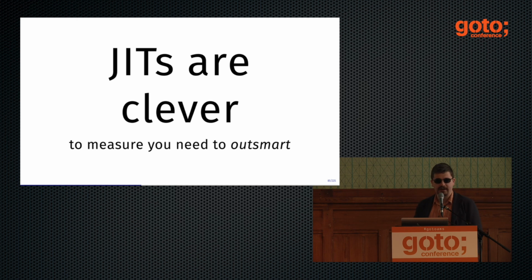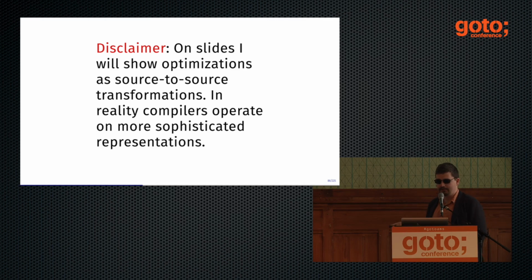And if you program in languages like Java, for example, then you already have tools to do that. For example, Java has the Java Microbenchmarking Harness, JMH, and a lot of engineering was put into it to outsmart HotSpot. But in JavaScript, you don't really have these tools, and Benchmark.js does not do much to outsmart the JIT. I will show you some examples of optimizations now on the slides, but you should understand that I'm showing them at the source level, and it's not how they happen in reality. They happen on more complicated intermediate representations, but for the purposes of the talk, I'm ignoring all the compiler theory.